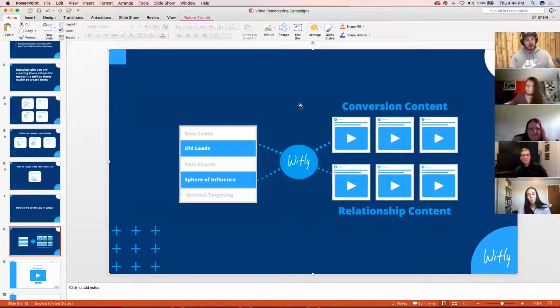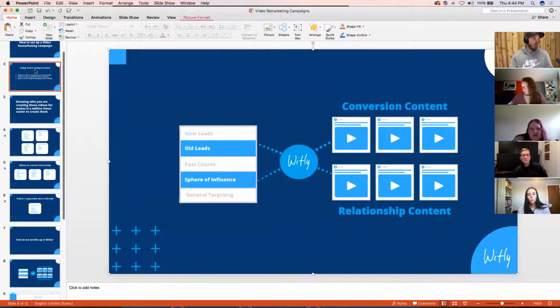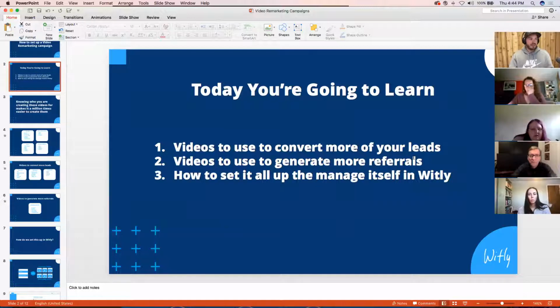And so this is the process we want to help set up. So guys, today I wanted to help you understand types of videos you could create to convert more leads, types of videos you could create to generate more referrals, and then how to set it all up to manage itself inside of the Witly platform. I know I didn't go build like 3 ads for conversion and 3 ads for this and all that, but the idea was that you walked away with some great simple video ideas,